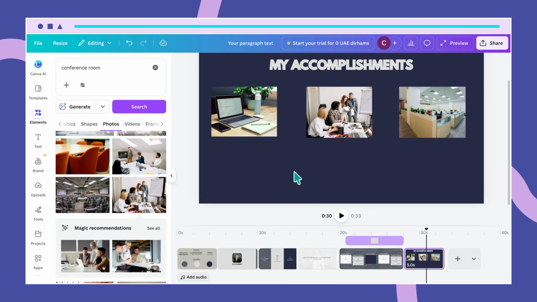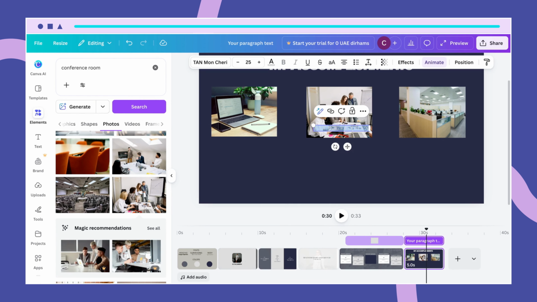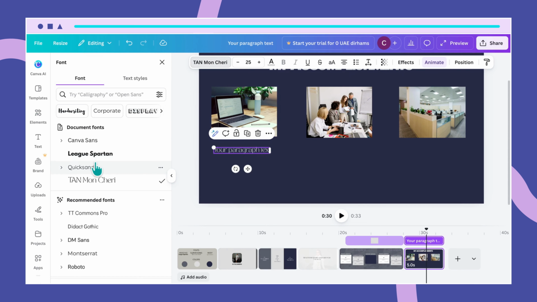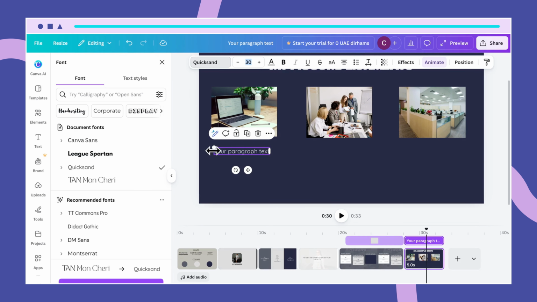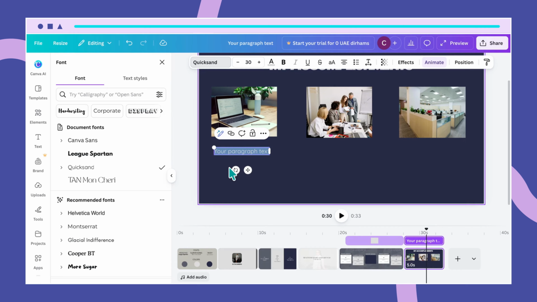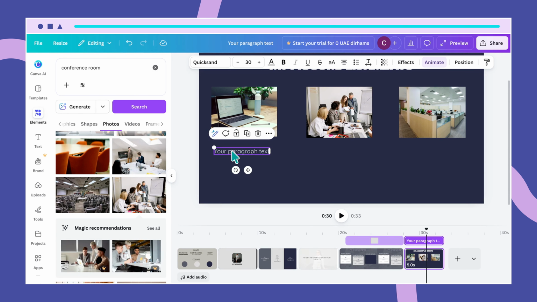To do that, I'll click on the page and then press the letter T. That's the text right there. I'll change the font to Quicksand in the font section. Click on Quicksand and then I'll change the size to 30. Next, I'll be typing in here. First, let's align this left and then I'll type in